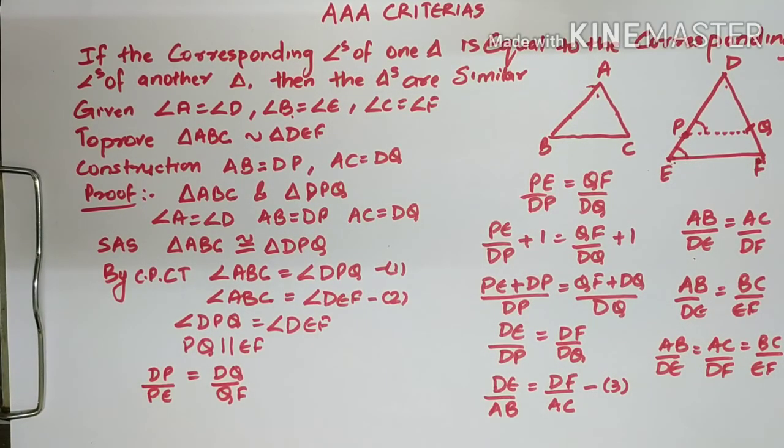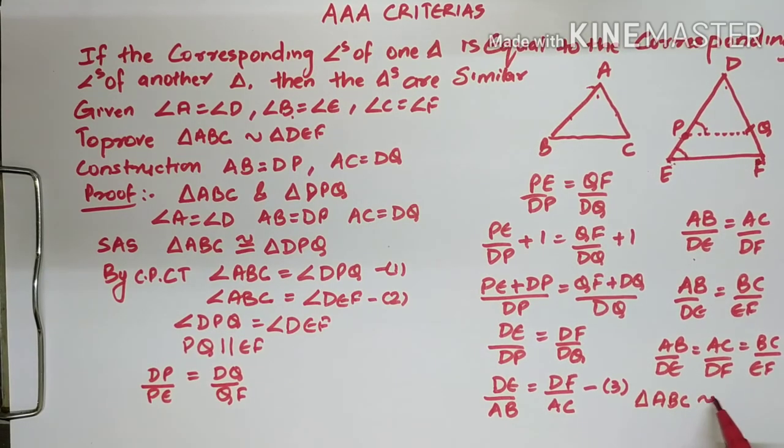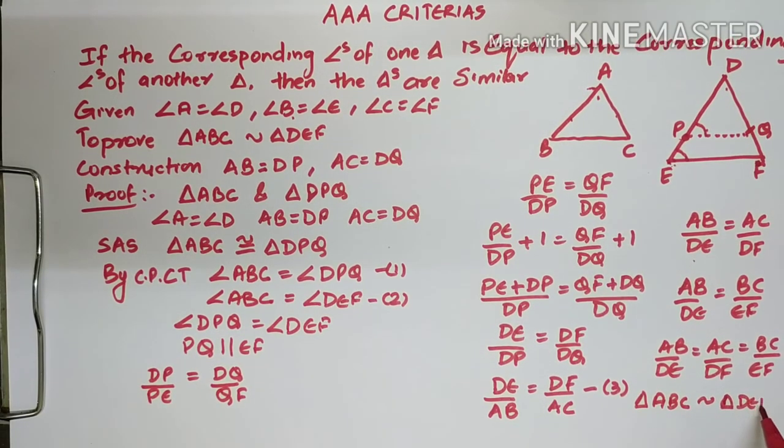So we have got the other condition for similarity also. Now since both the conditions are fulfilled and have been proved, we can definitely say that triangle ABC is similar to triangle DEF. Okay, so this is it. And what conclusion we can make with the help of this criteria is that if any two triangles are given to us to prove that they are similar, then we definitely can look for the angles. If three angles are found equal, then definitely the triangles will become similar. This is AAA criteria. Okay, that's it.